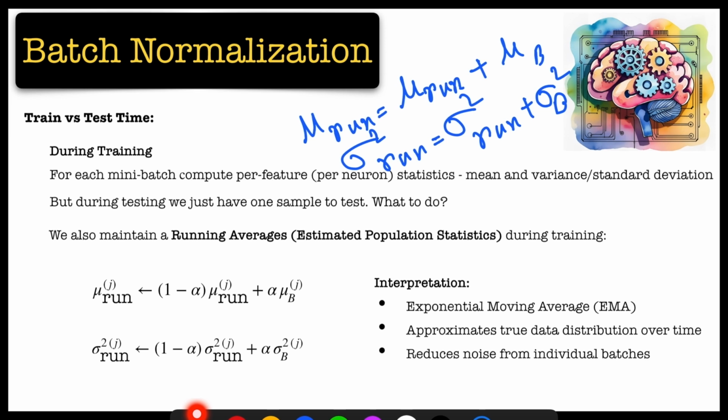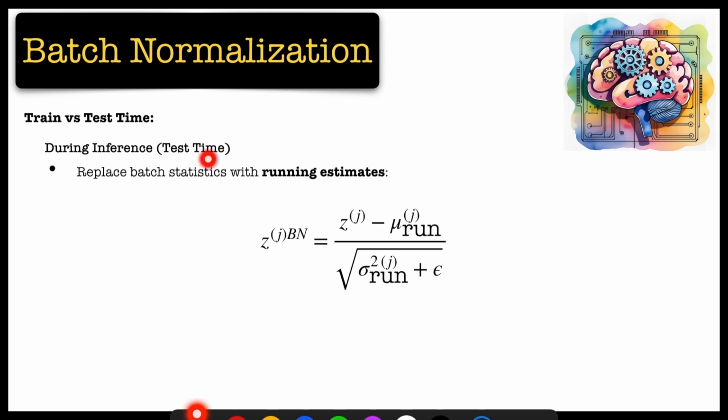For every mini batch we will be updating this, right? For every mini batch this mu run will be changing by this mu b. So it approximates the data distribution over time, and it reduces noise from individual batches. These running averages, running mu and sigma values, will be used for test time. During inference or test time, we'll replace batch statistics with running estimates. So we'll subtract this mu run and divide by this sigma square run, right? That's how at test time we'll be calculating the